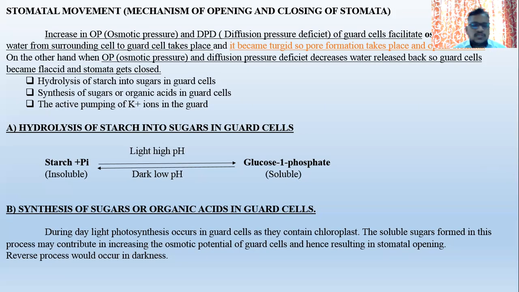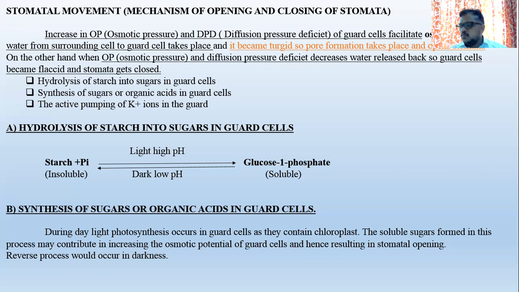Now here also it is the same thing, that is, instead of this hydrolysis in the guard cell, mainly because of the photosynthesis which occurs in daylight, some glucose formation takes place, and this is a solution, and that's why again the osmotic pressure of the guard cell increases. So with the water coming in, it becomes turgid, and the guard cell becoming turgid means the stomatal pore is getting opened and transpiration takes place.